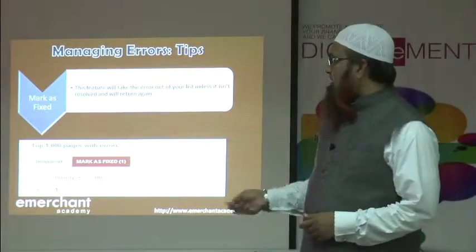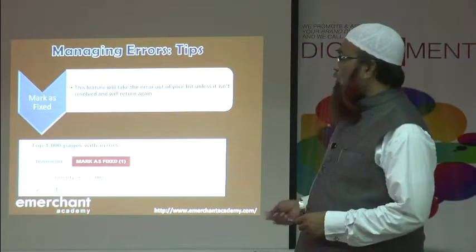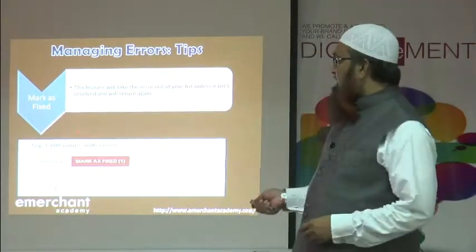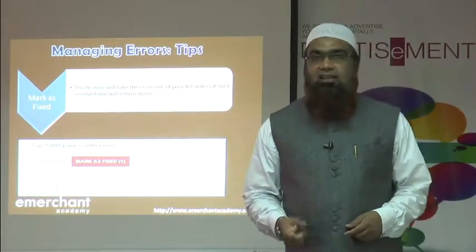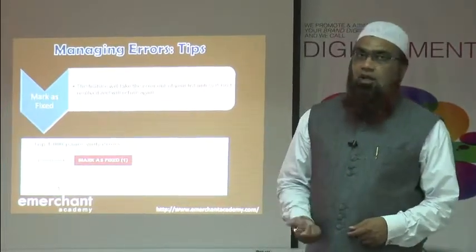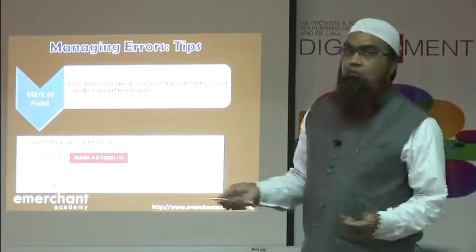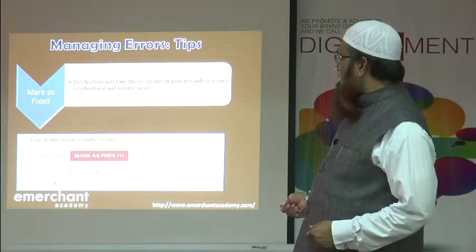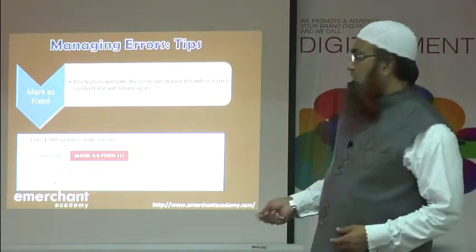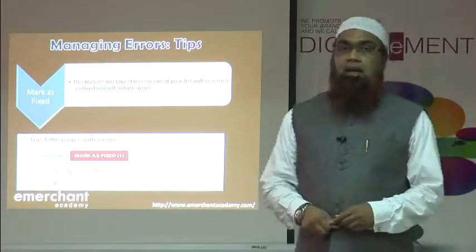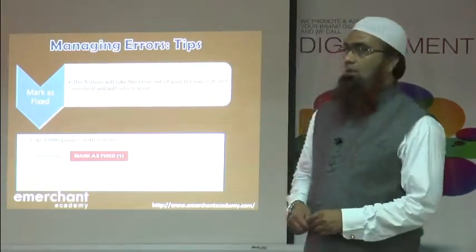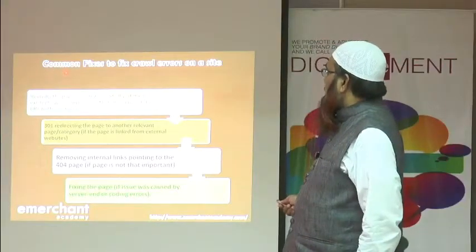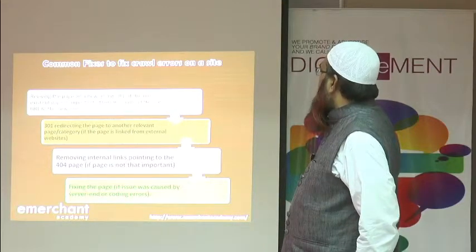Once you fix it, resubmit it back to the Google Webmaster Tool and make sure that you mark it as fixed. Once you submit it, Google Webmaster Tool will analyze it. They will see whether it has been fixed or not. If they find that it has been fixed, it won't show any error. If they find that it is being repeated, it will again show some error. Mark as fixed is number one, or there are many other things you can mark, and then you can submit it back. Google reviews it again and then gives you the report again on how many errors still exist.